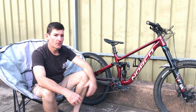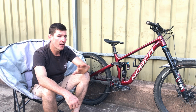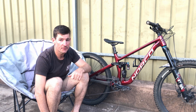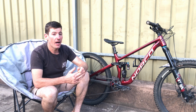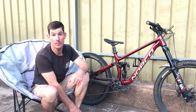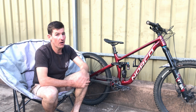I love it. It's not too small for me. It's definitely not too small for me. So I think you don't have to get too hooked up on size of bikes, especially now in this time where there's not a lot of availability for certain stuff. So run whatever you can get your hands on, as long as it's not kind of restrictively small or restrictively big. A bike that's too big for you is going to treat you worse than a bike that's too small for you, I believe, because